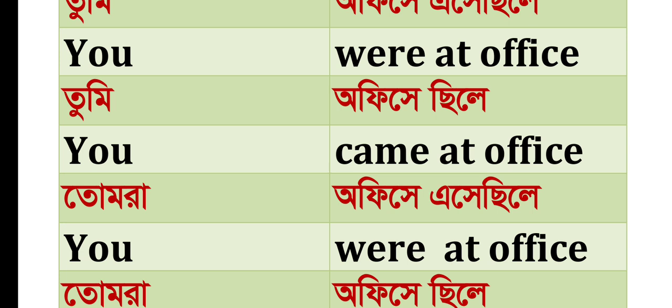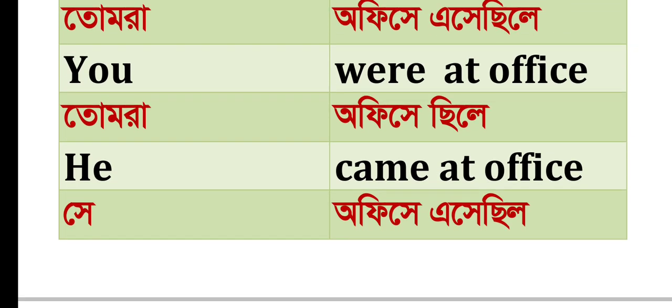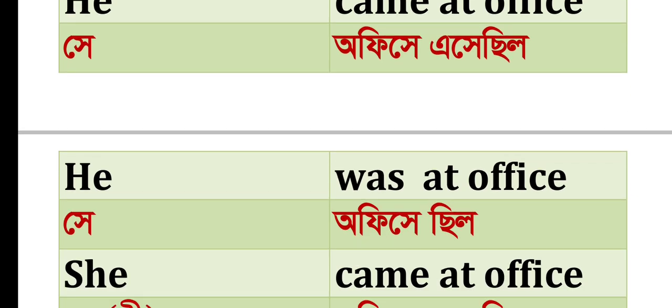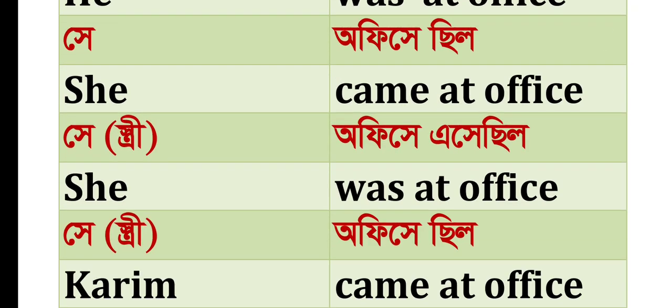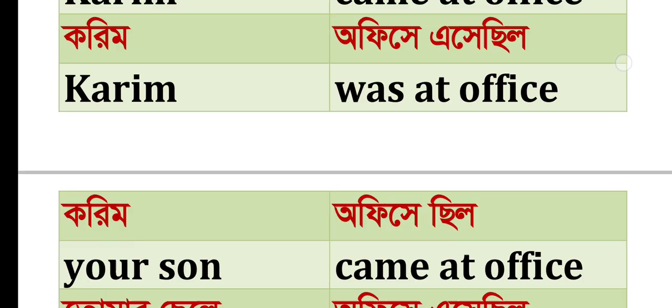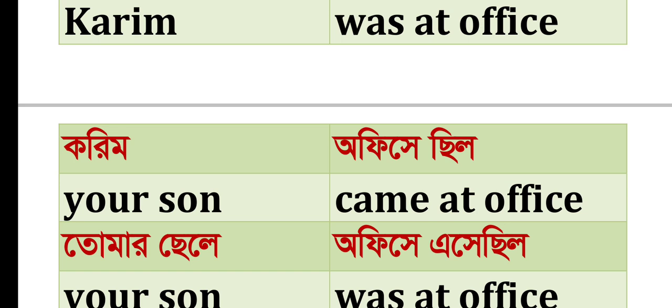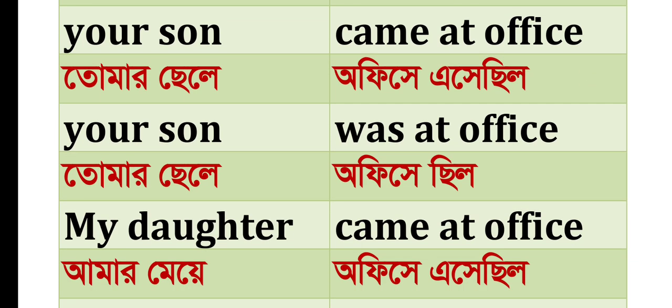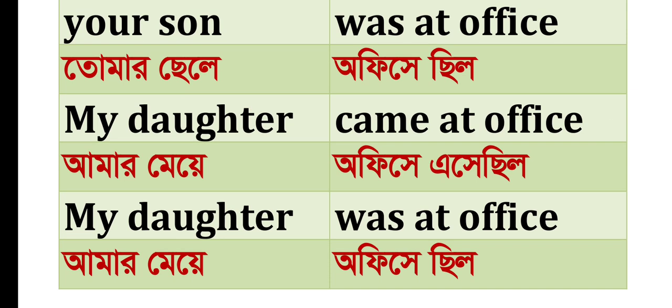you were doctors তোমরা ডাক্তার ছিলে, he practiced the medicine সে ডাক্তারি করেছিল, he was a doctor সে ডক্টর ছিল, she practiced the medicine সে ডাক্তারি করেছিল, she was a doctor সে ডাক্তার ছিল, Karim practiced the medicine করিম ডাক্তারি করেছিল, Karim was a doctor করিম ডক্টর ছিল, your son practiced the medicine তোমার ছেলে ডাক্তারি করেছিল, your son was a doctor তোমার ছেলে ডাক্তার ছিল।